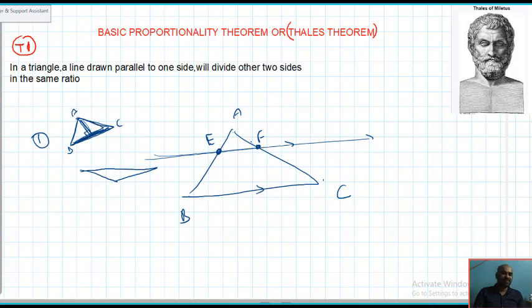For example, if you want to take AC as the base, then this is not taken as the height. For example, AD. You want to take AC as the base of the triangle, you can't say that AD is the height. So from B you need to draw a perpendicular on side AC, say BE. So BE is taken as the height of the triangle for the base AC. Similarly, if you want to take base AB, we want to define its height. So from C we need to draw a perpendicular on side AB, say CF. CF is taken as the height of the triangle. One thing: if the triangle is an acute triangle, all the altitudes are inside.